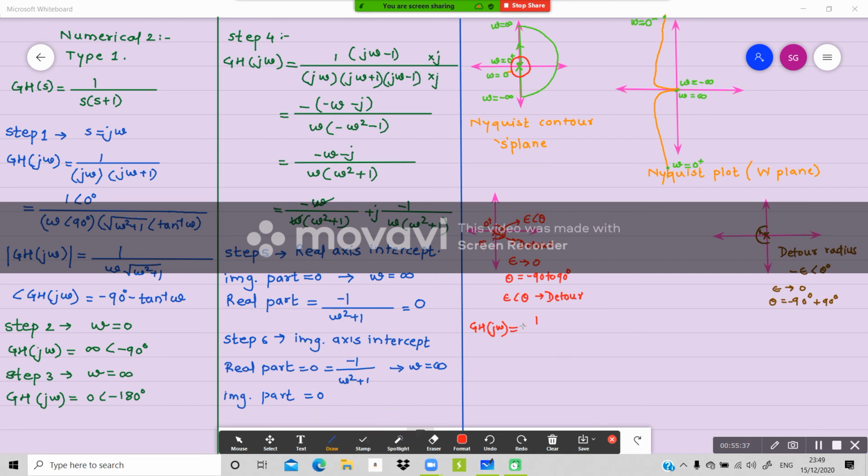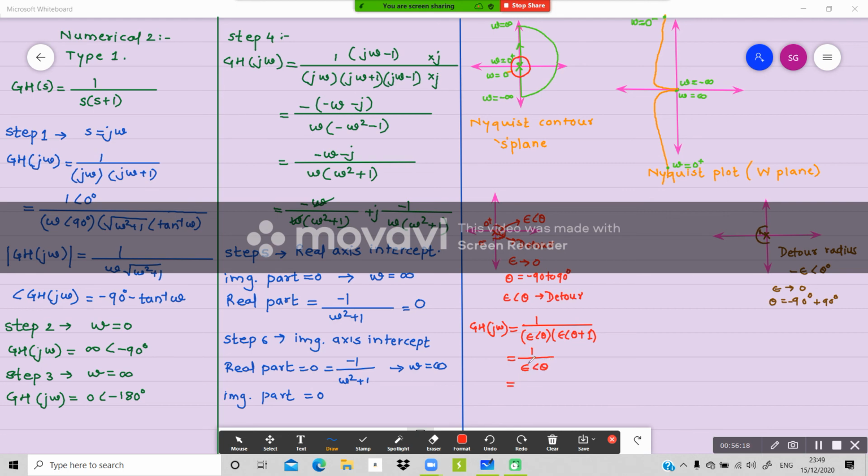1 upon s. S means epsilon at an angle of theta, correct, and epsilon at an angle of theta plus 1. So very well understood. This epsilon is tending to 0, added with 1. Yes, this is the dominating term, 1, right? Multiplication is a different case, but when it is getting added to 0, ultimately it will be 1 only. So we can definitely neglect this term and consider it to be 1. So ultimately it is going to be epsilon at an angle of theta.